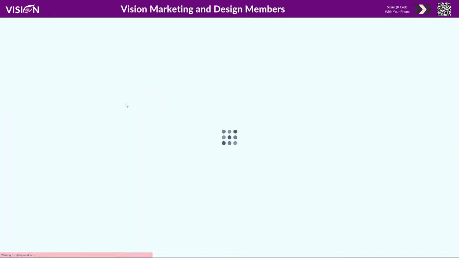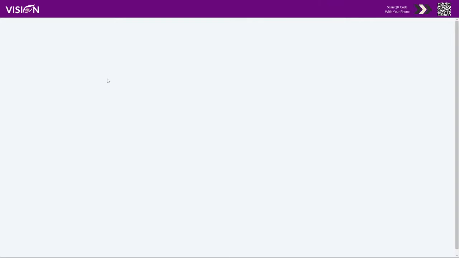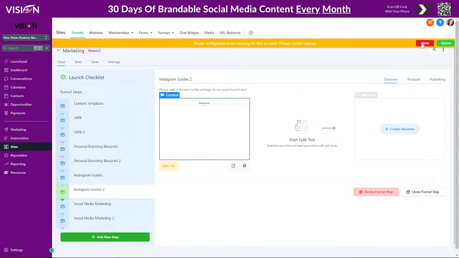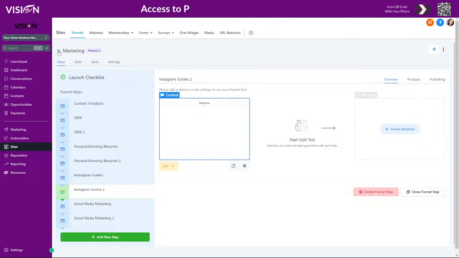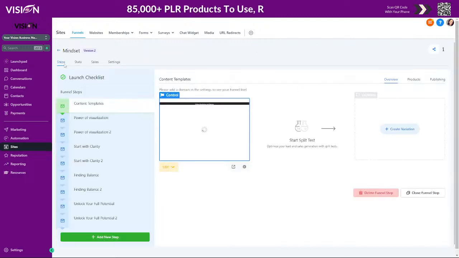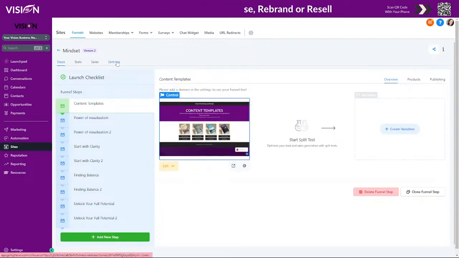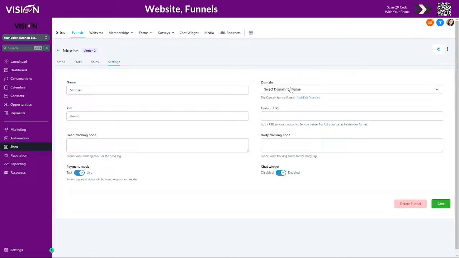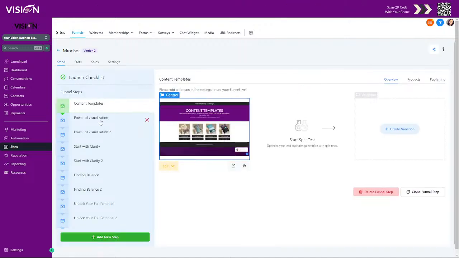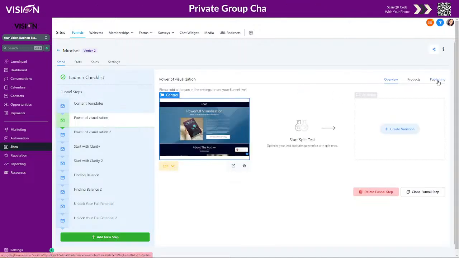Now let's go look at some of the other funnels here. One of the cool things too is when we are onboarding, all of my clients get a 1-hour onboarding session with my team. So here's the cool thing. Since these are all connected to the same funnel, when we go to connect their domain, it's just the same domain. So we just connect one domain here, and then it's going to be the same domain for all of the funnels. Let's say that it was bridgetbartlett.com, and then we go to publishing,